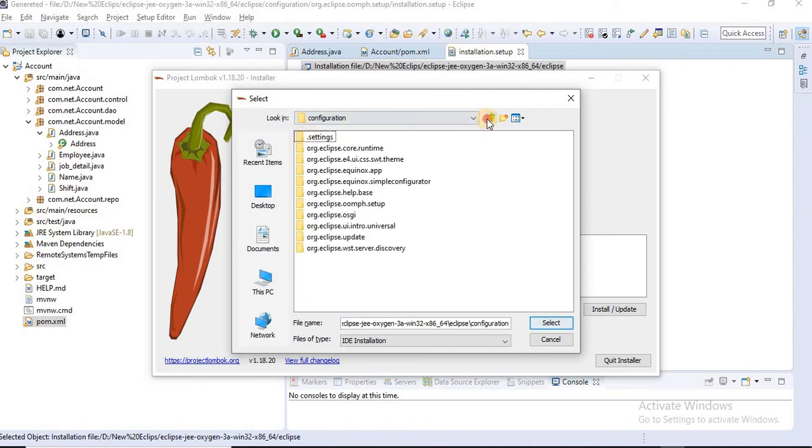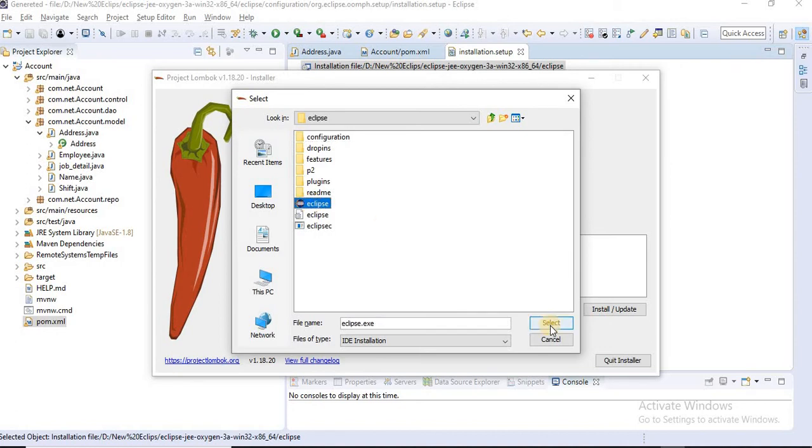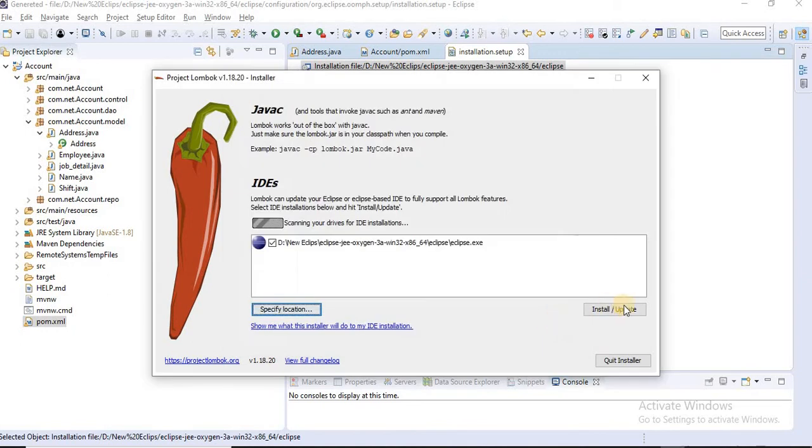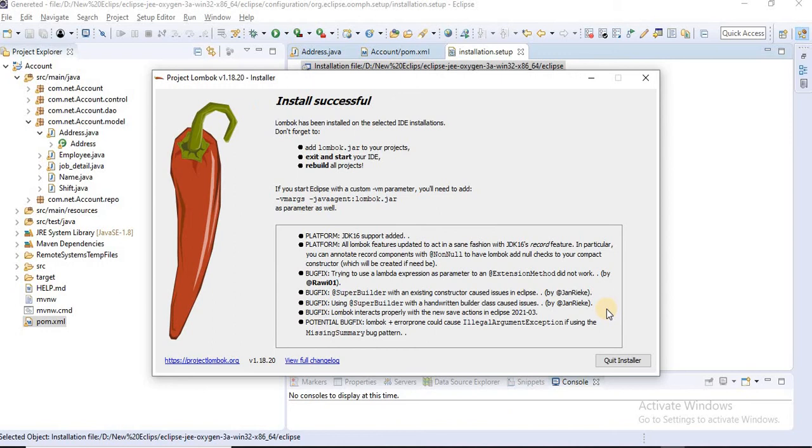Here we have the Eclipse executable file. Select that file and click the Select button. Here we have the option Install or Update. Let's click that, and we got the message that it installed successfully.